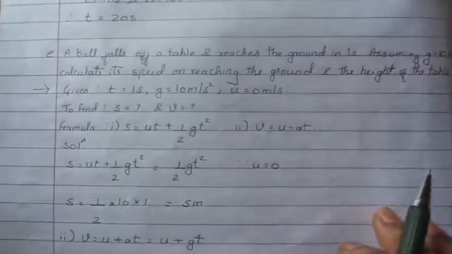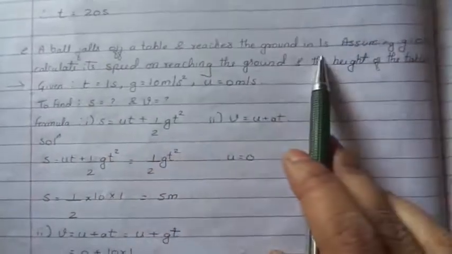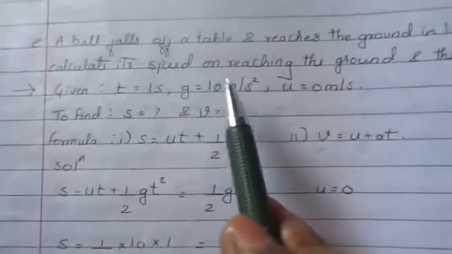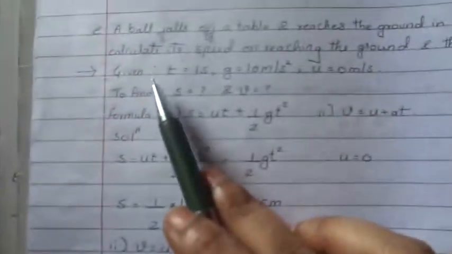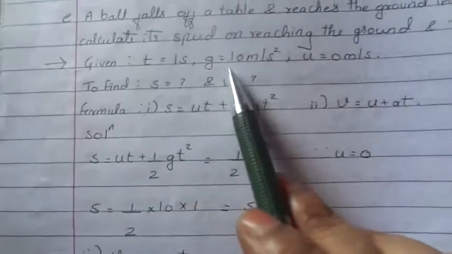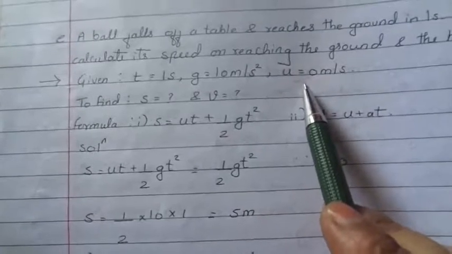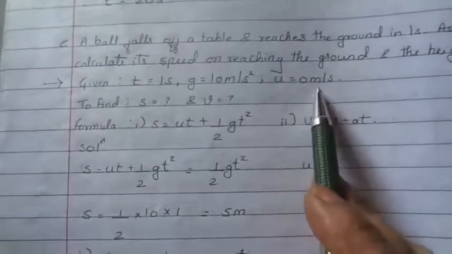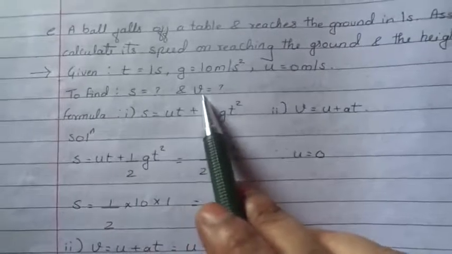Okay, here are some numericals we will see. A ball falls off a table and reaches the ground in 1 second, means time is given. Assuming g is 10 meter per second square, calculate its speed on reaching the ground and the height of the table. So given is time, which is 1 second, g, which is 10 meter per second square. Initial velocity is 0 because it is falling down. We are not providing any initial velocity, so it is 0. To find distance, that is the height, and v,